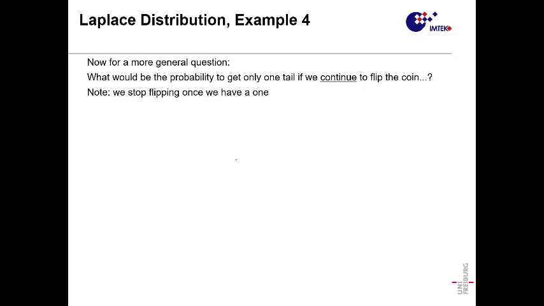So, let's do something a little bit more challenging, or that takes more thinking. What if you continue to flip the coin until you get a 1? A 1, yeah, because it's a tail. And then you stop. So what will your probability be in this case? You flip it, you flip it, you flip it, you don't get it, you don't get it, or you get it at the first chance, whatever, right? So you can get it in the first flip of the coin, you can get it in the second, in the third, in the fourth, in the fifth, in the infinite.